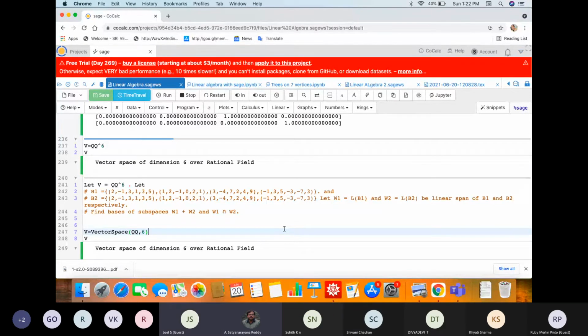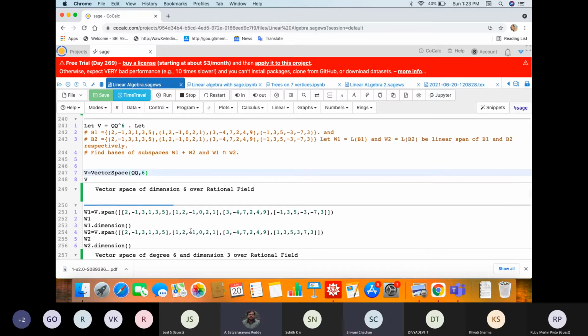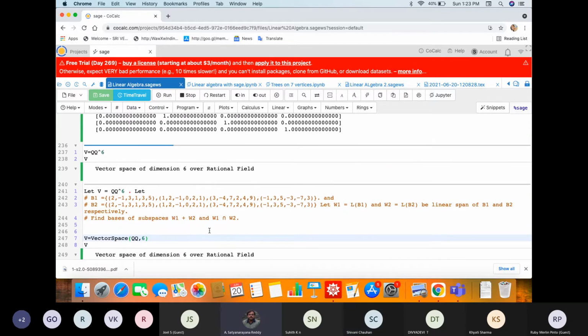Sir, in this question, B1 and B2 are the same matrices, I think. Yeah, that's why it is better you take your own vectors. Means when I was typing, I was trying something with this. Yeah, you take your own vectors. You just tell us whether you computed it or not, or ask us to explain, so that we will do it in the next class. Okay then. Is there any other question you want to ask, Shivani?